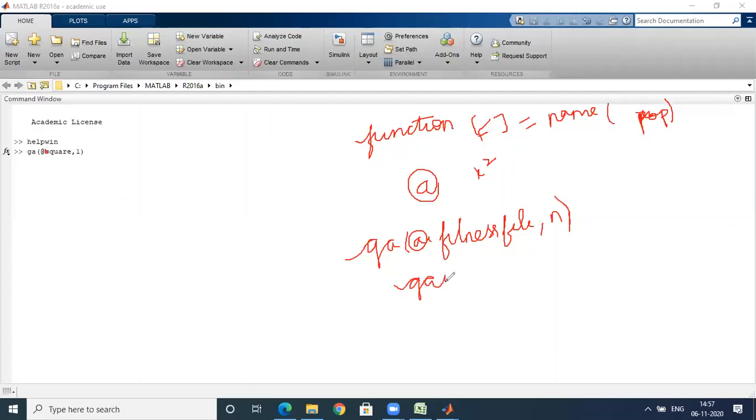another command we are going to have, that is gaoptimset. Okay,